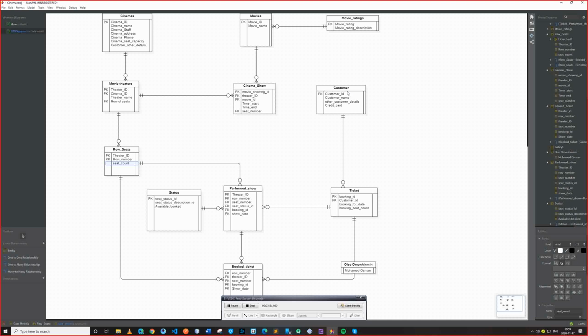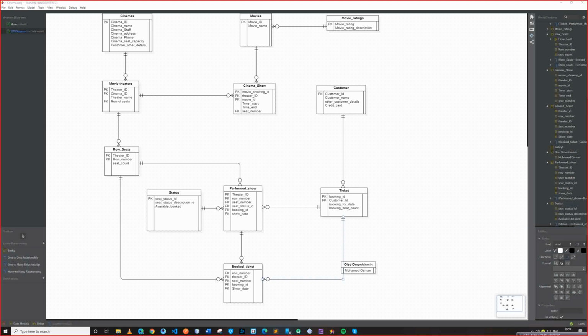So if a customer comes to buy tickets, he puts his customer ID, the customer name, other details, and credit card, depending on what kind of customer the person is, whether a member or not. He or she buys his or her ticket, and the ticket contains a booking ID, the customer ID, the booking date when the ticket was purchased, and the booking seat count. So what seat the person is going to be placed in, where he or she may sit,